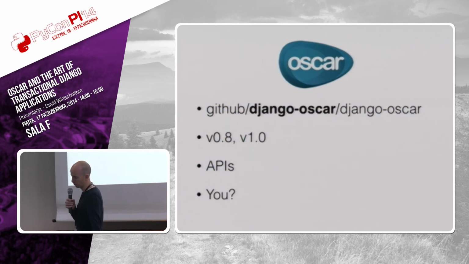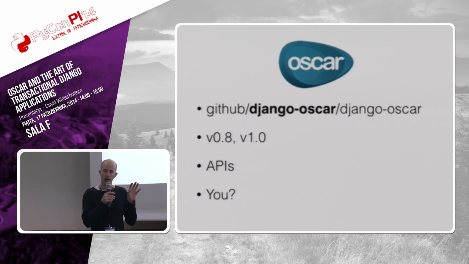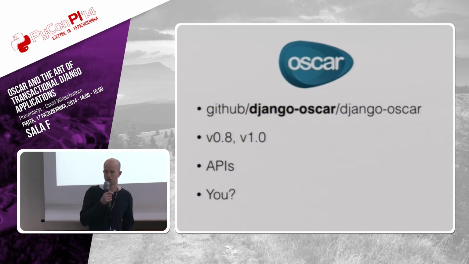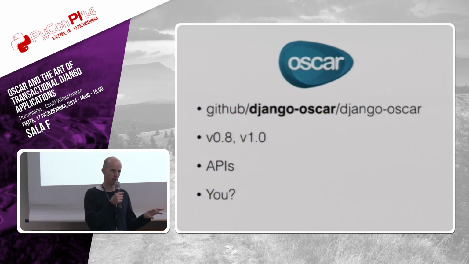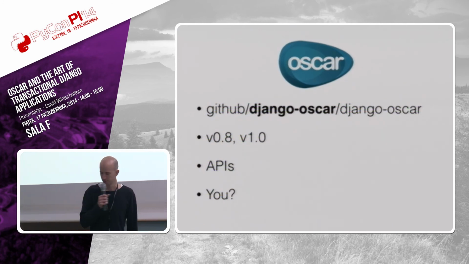One of my fellow contributors, Mike, would like to do a Kickstarter at some point to change all of Oscar to just be APIs, so that all the views really do is talk internally to an API to try and make it a bit more mobile friendly. It's just an internal restructuring really, just to make it super easy for people who want to do rich, client-heavy JavaScript applications to talk to APIs. That's something that's hopefully in the pipeline.